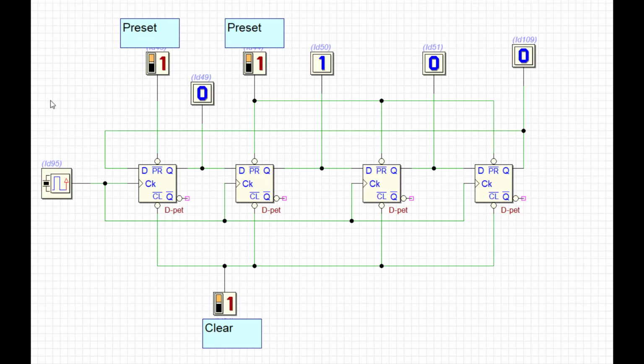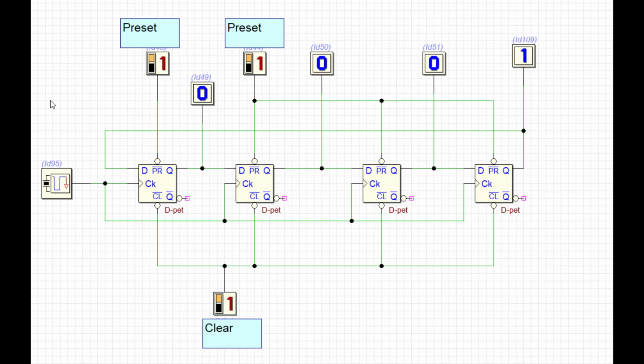Now if you observe carefully, your 1 is circulating and your 4 states are going to change. So now it's going to be 1 0 0 0, then 0 1 0 0, then 0 0 1 0, then 0 0 0 1, then again come back to the same 1 0 0 0 state. So this is how your ring counter counts 4 different states.